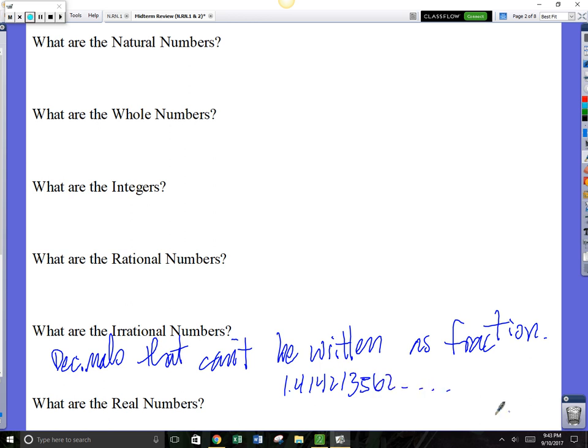1.414213562, and it goes forever. So this one is the square root of 2. Most of your square roots are going to fall under this irrational category. They're decimals that go on forever, but there's no pattern. They're unpredictable. They're kind of chaotic. Pi